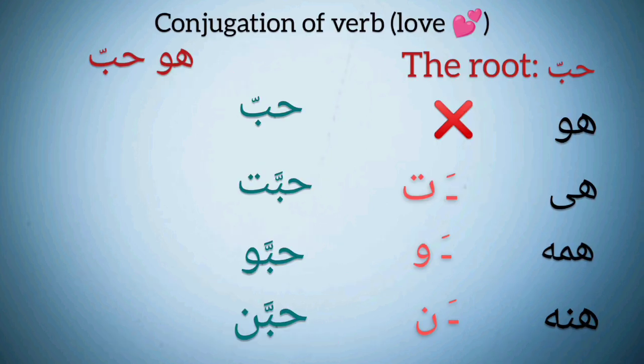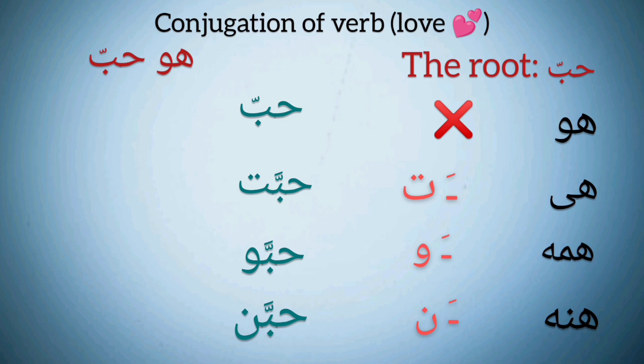In order to conjugate the roots of verbs whose last 2 letters are the same, like habba, which have a tashdid, we're going to have different changes. But for huwa, hiya, humma, and hinna, we do the same changes that we had in the previous lessons. But for inta, inti, into, and intin, we're going to have different changes. Huwa hab, we don't have any changes here, and it means he loved or he liked.